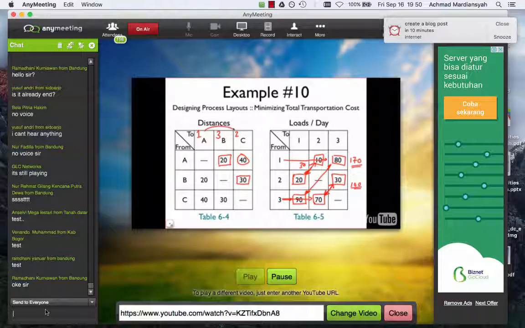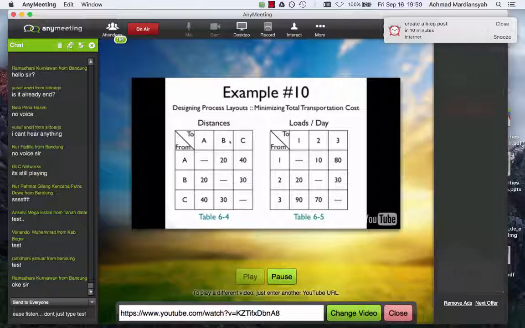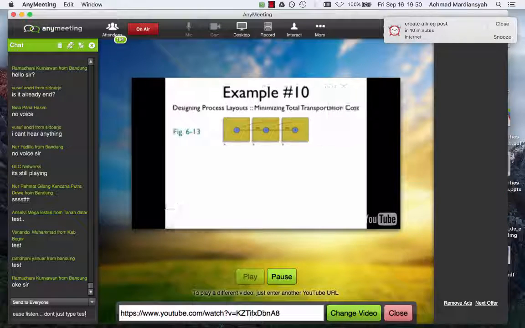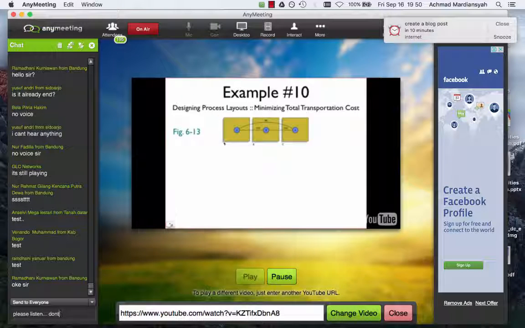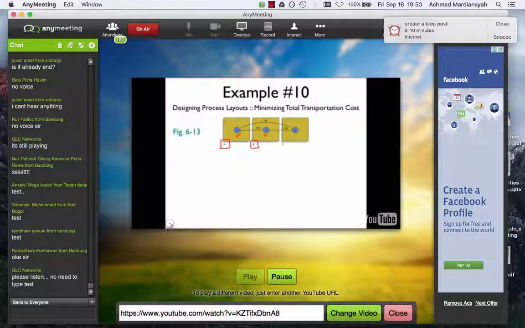And maybe we could make that travel the most amount of distance. So from A to C, from 1 to 2. So that's one way you can assign that. In fact, that's the way this heuristic works. If we look at the solution from the textbook, that's exactly what happened here. This is location A, it got assigned department 1. Location B got assigned department 3.